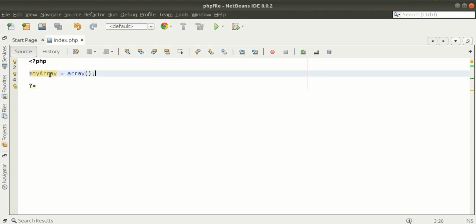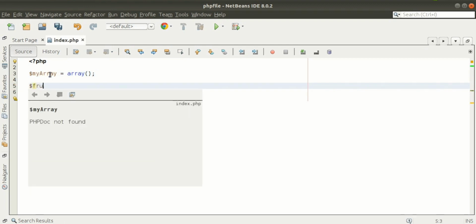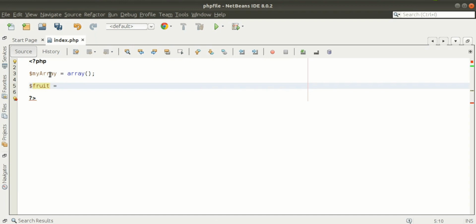Suppose we have mango, banana, apple, orange. We can store all in a single variable like that. So I am declaring here a variable fruit which is an array.